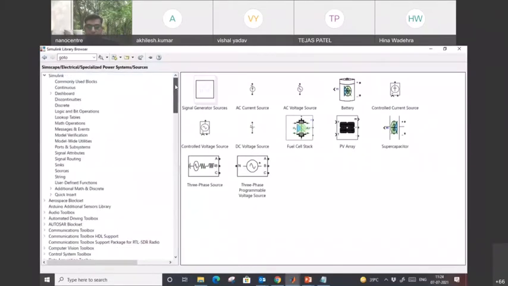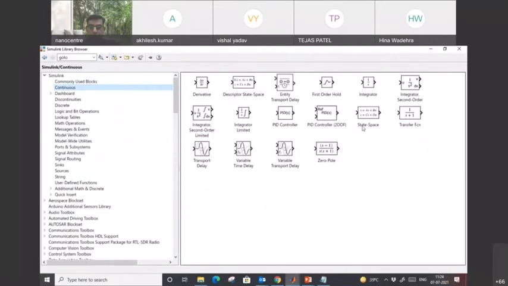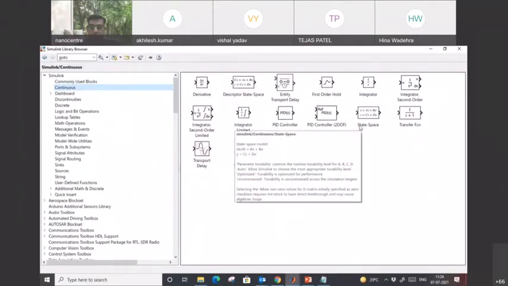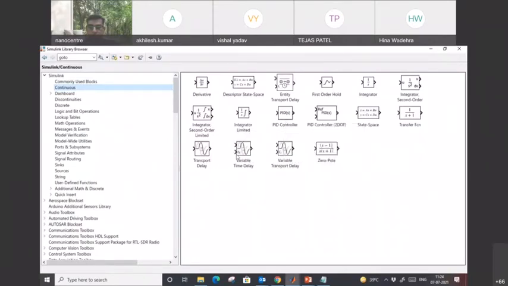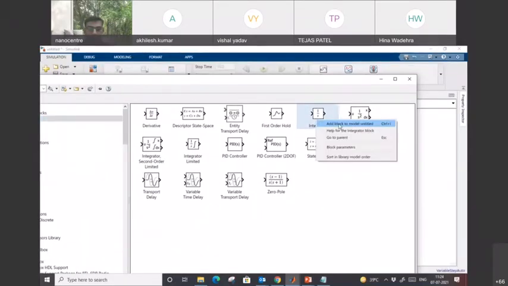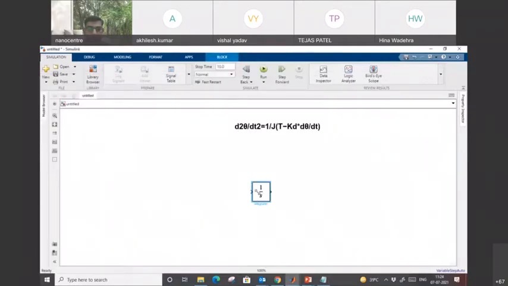I will go into the library block browser, and this is part of the Simulink. I require two integrators. Two times when I integrate, I will get the angular displacement, right? So let me check where we have the integrator. So here we have the integrator, right? So I am going to use this integrator. For the integrator, I will just right click on the mouse and drag it like this.